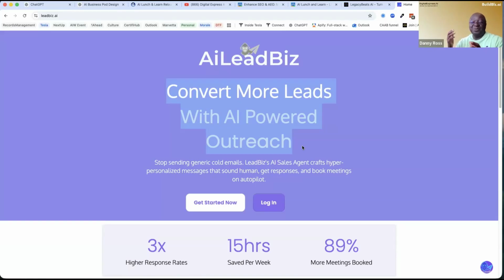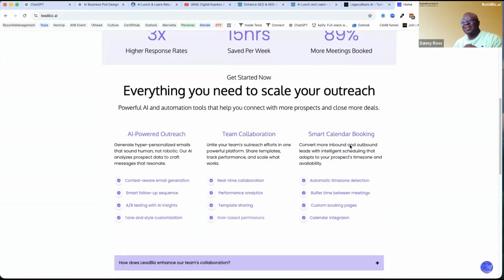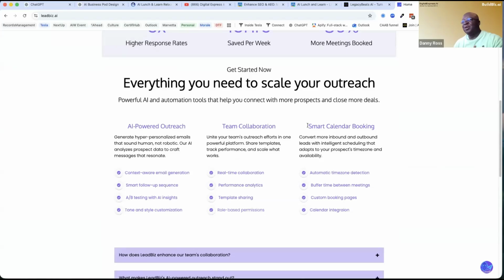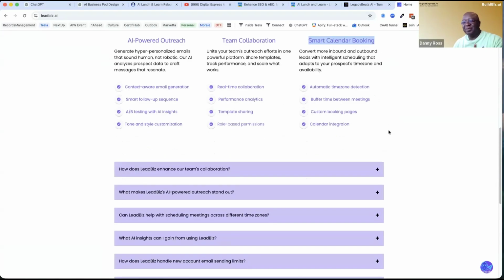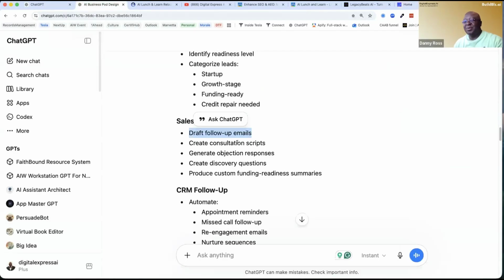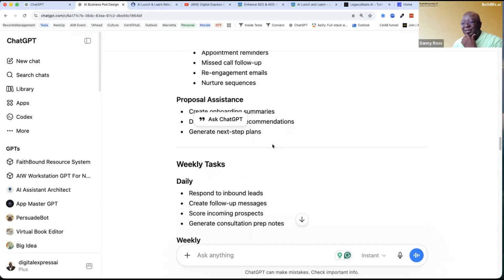It'll send you an email as well, of course, letting you know that you got a new contact that's interested. But then, just as importantly, it immediately responds to that customer, which improves your conversion rates. And it can actually do things like put people on your calendar, right? So this is what I mean by having a powerful AI agent working for you, and that's what Leadbiz does. So let's see how it's doing with Rick's business here.